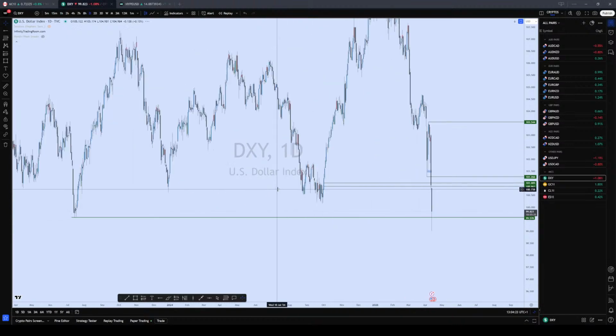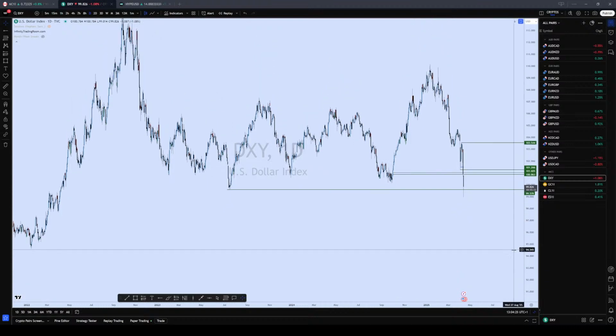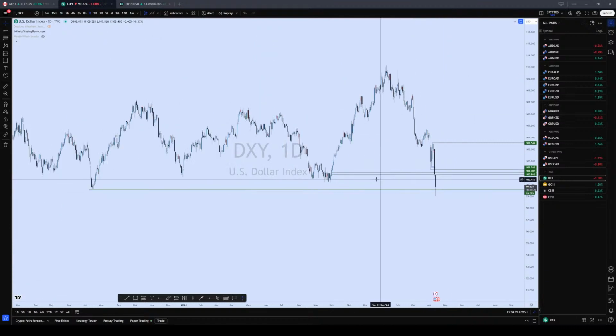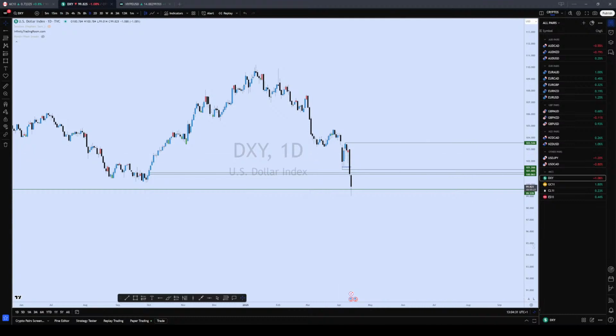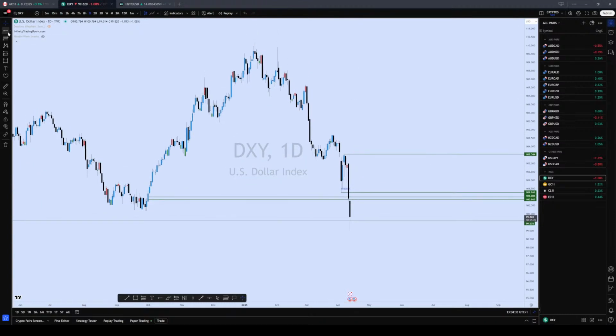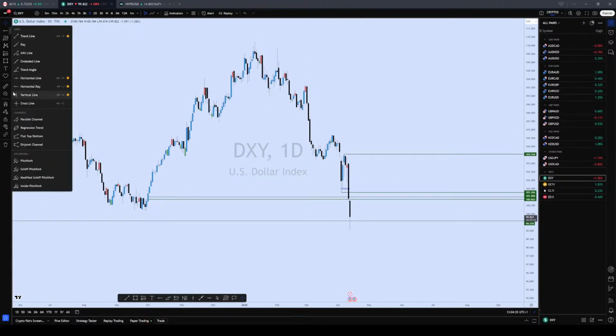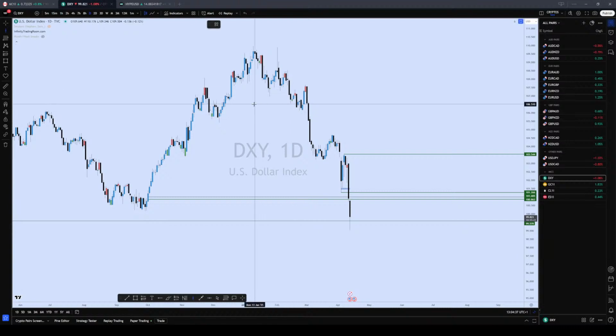So that is done. That was a nice move back down, and this is basically the best market maker sell model I've seen in a while,